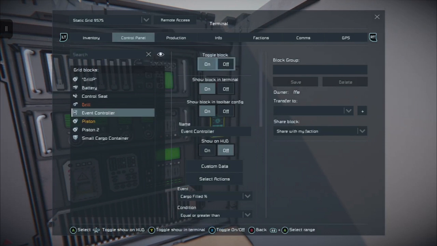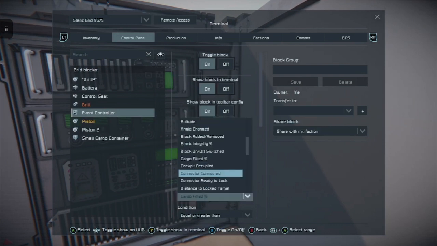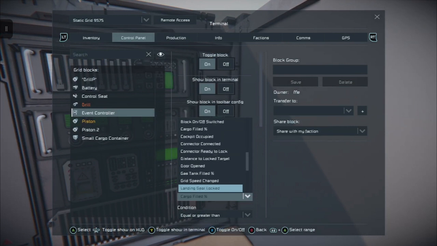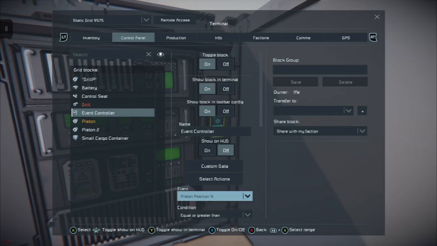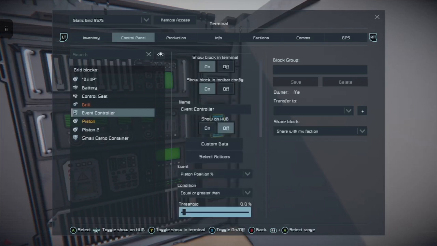The first thing we want to do is change our event. Let's come down the list, piston position, and we want equal or greater than 100.